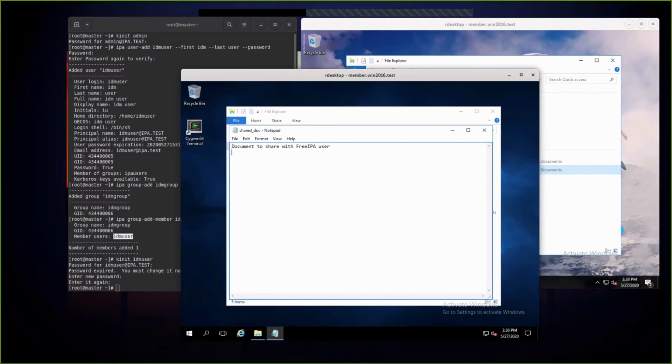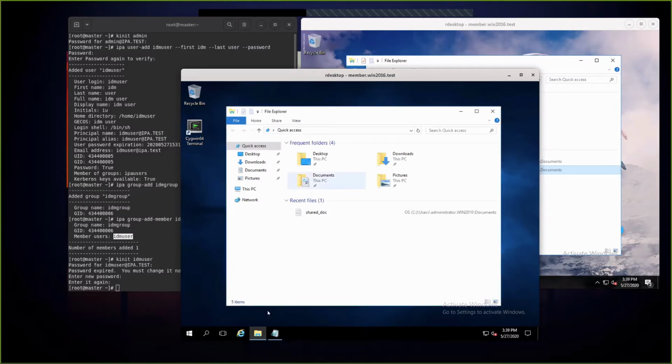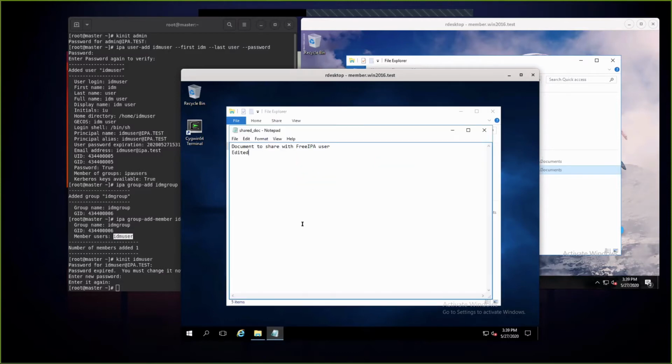Now let's try to write on the document. Oops. And it's saved.